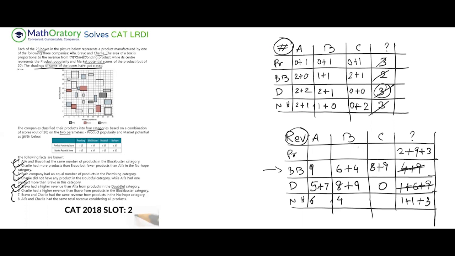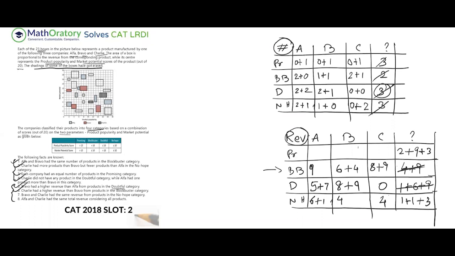Bravo and Charlie had the same revenue from the products in no hope category. So Bravo and Charlie had the same in the no hope category, right? So Bravo is already 4. You can see this. And there is no extra product that comes into Bravo in the no hope category. So Charlie, whichever 2 are coming, they have to add up to 4, right? So effectively what we know is this 1 plus 3, 4 will come here. So I'm just writing this as 4. No need to again write in pluses. This was just to relate these two information together. And because there is nothing transferred to Bravo, this extra 1 that we have goes to Alpha, right? So this is what we have.